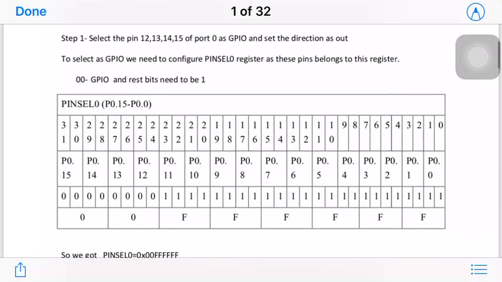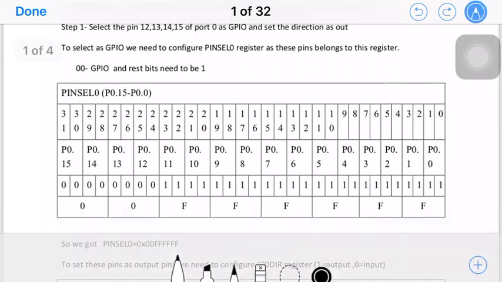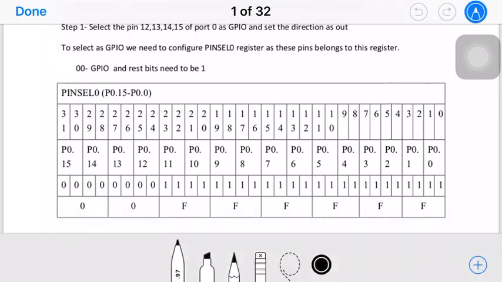Now we can see here our 32-bit pin select 0 register, which configures port 0 pin 0 to port 0 pin 15, with 2 bits for one pin. Here we are selecting pins 12, 13, 14, 15 as GPIO, and the rest we are assigning 1 1.